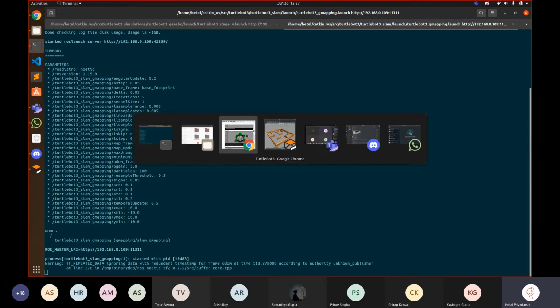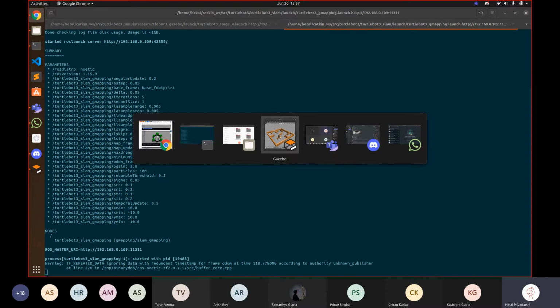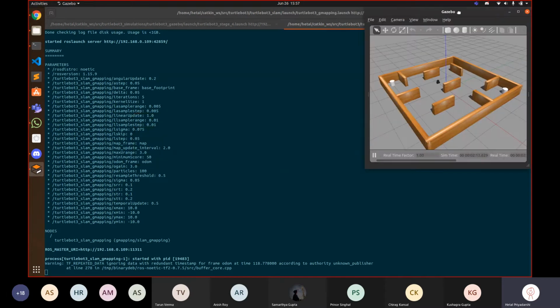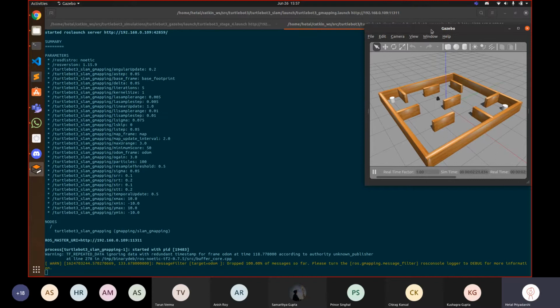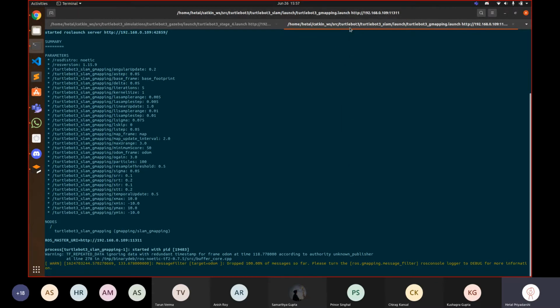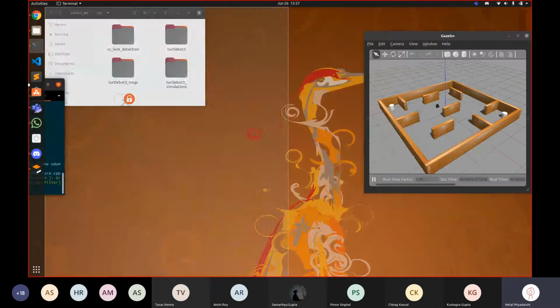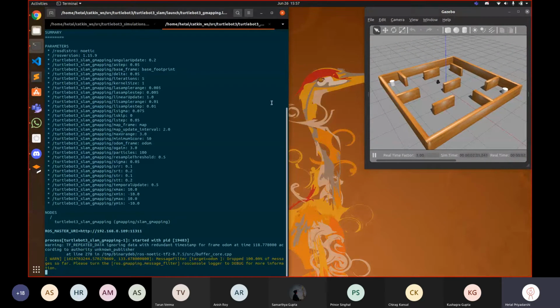So does the chicken come first or the egg? It's like that. The plan is that you simultaneously do both, making your way through, making a map and also getting to know where you are in that map. One way of doing this mapping process is called G mapping. It's a very popular type of mapping, and I think it uses particle filters.